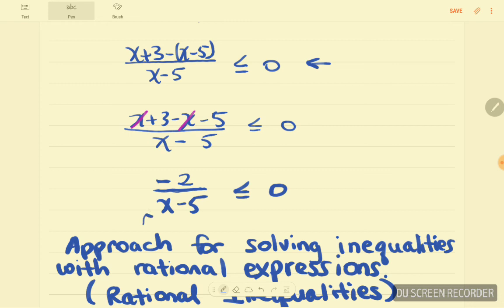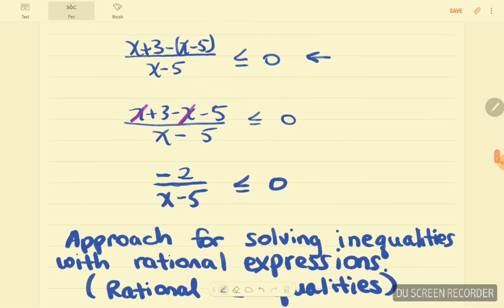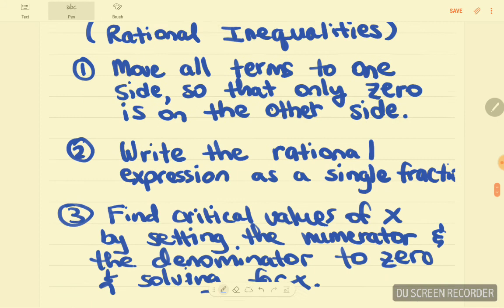Also note that if I were to try to substitute 5 here, I would get -2 over 0, which is undefined, which means that my critical value will not be included in my final answer. My solution set cannot include the value of 5 because it would create an undefined result. So it is a divider. It's going to divide up my number line, but it is not a value that I would include in the solution set. All right, so